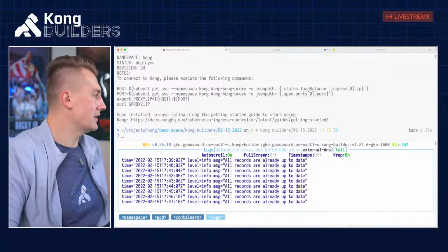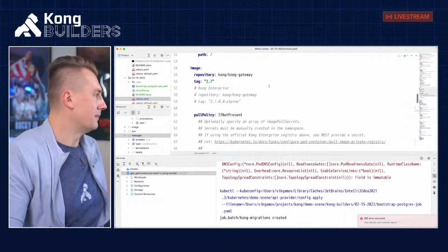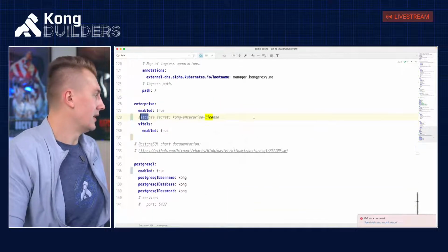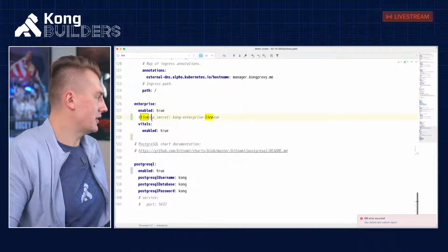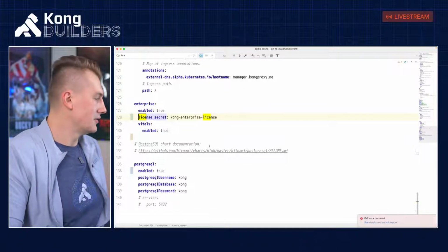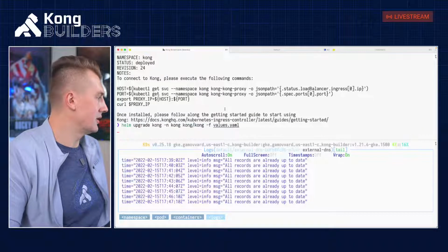Now, I created this one. I'm going into my enterprise section here, and I just need to specify the secret. This is how we're gonna do this. So I'm going in again, just doing upgrade.